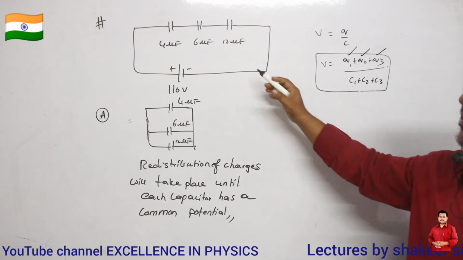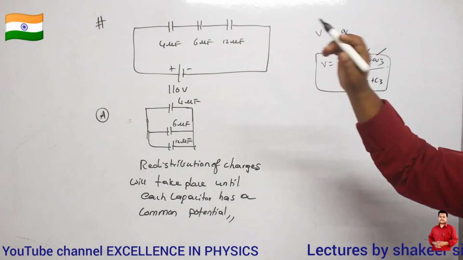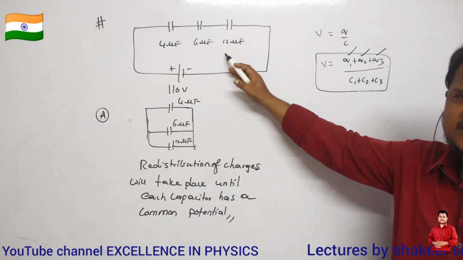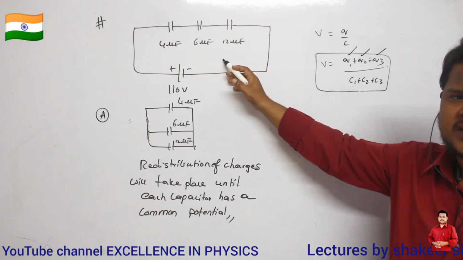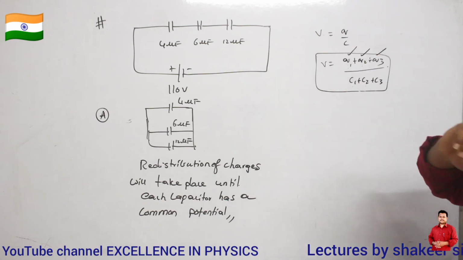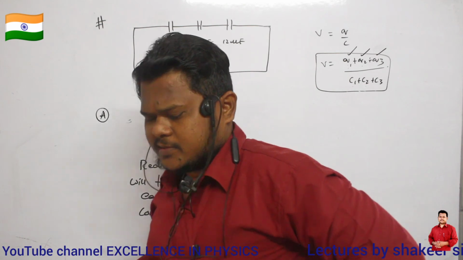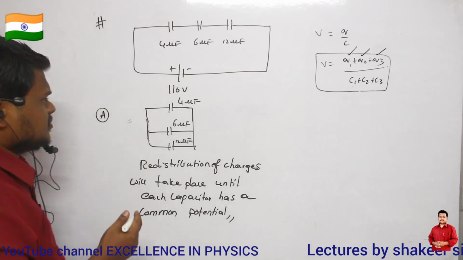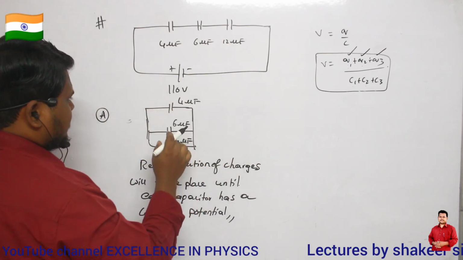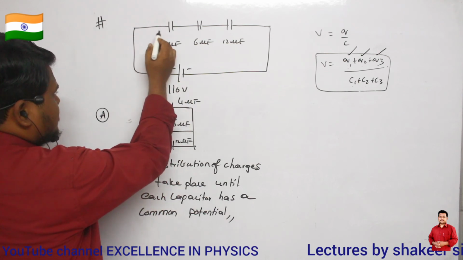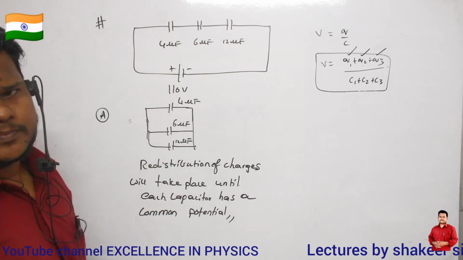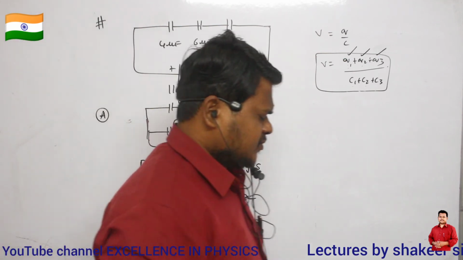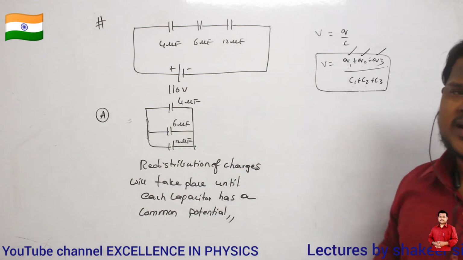Okay. See, initially, these capacitors, are they connected in series or are they connected in parallel? What kind of connection is this? Series connection, no? So if capacitors are connected in series connection, then every capacitor will have the same charge, no ma? That's what we have discussed, no? Because when they are connected in series connection, what will happen? This battery will supply charge only to the first plate of the first capacitor. All the remaining charges will be induced charges only. Clear, no ma?